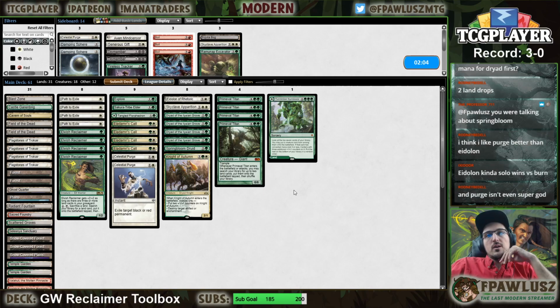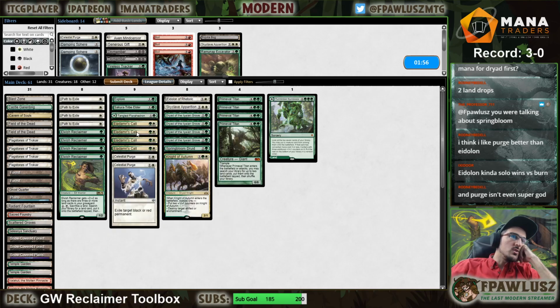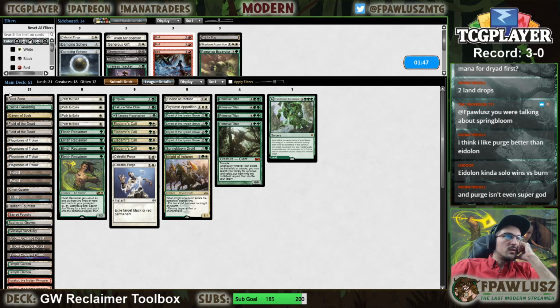Oh, I was talking about Springbloom, yeah. Playing another one. No, I think you want the one, because you actually call for it fairly often. Like Purge better than Eidolon. I don't want to overdo it with removal though. Like it's not uncommon to...